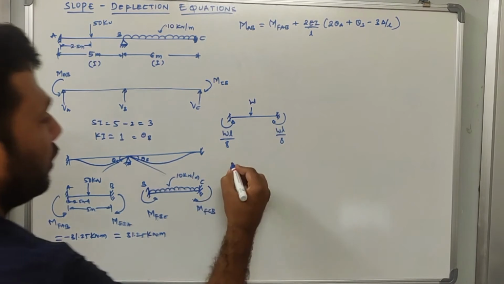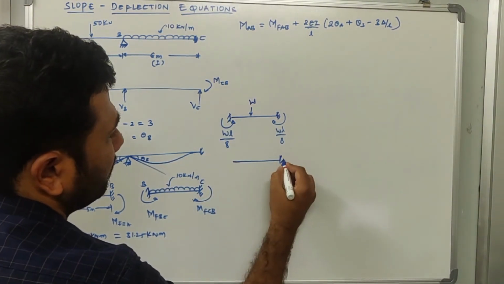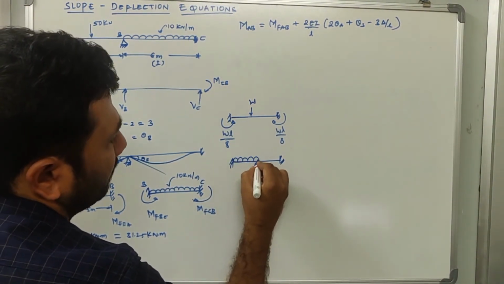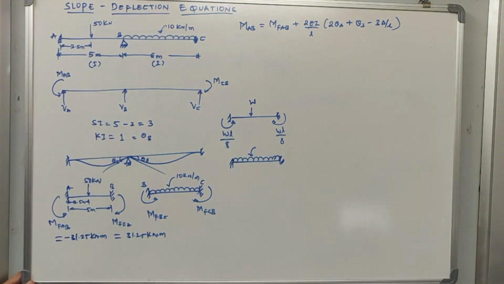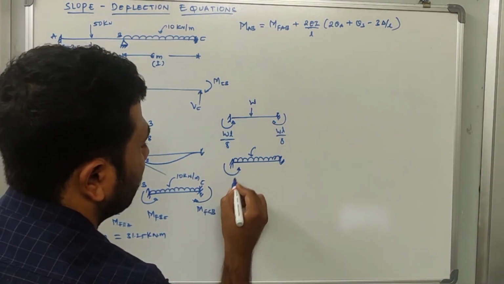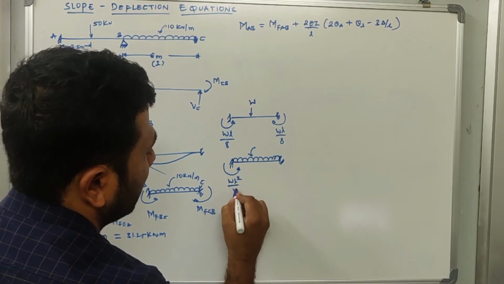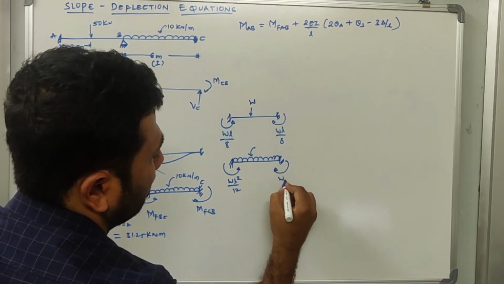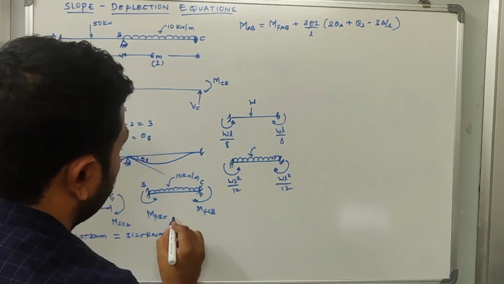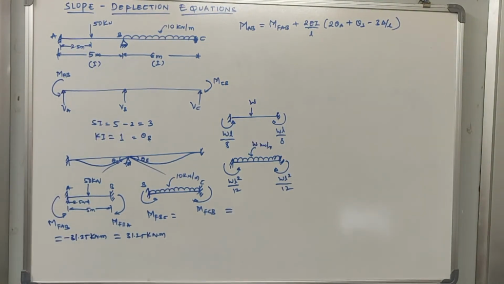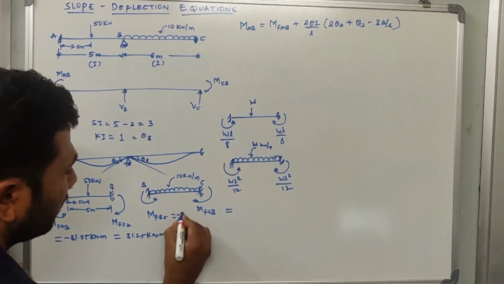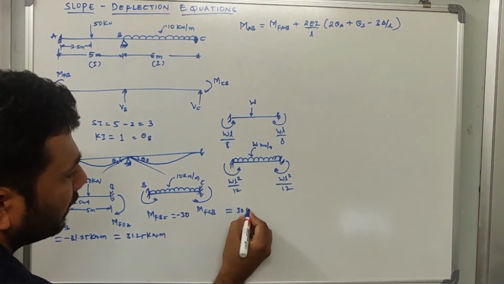Now similarly, you need to calculate in case of UDL. I had sent you the image in your classroom, the different formulas to calculate the fixed end moment under different loading conditions. So what is the formula to calculate this? This is WL square by 12. Is this correct? Now can you tell me how much is MFBC and MFCB? So is it 30? Okay, very good. So this value will be minus 30, and this will be plus 30 kilonewton meter.